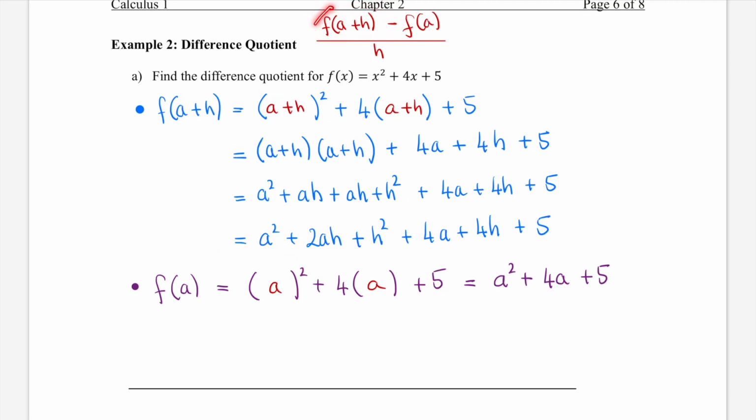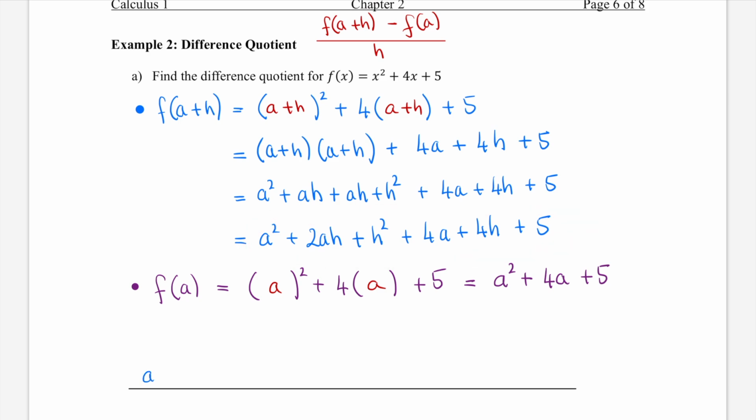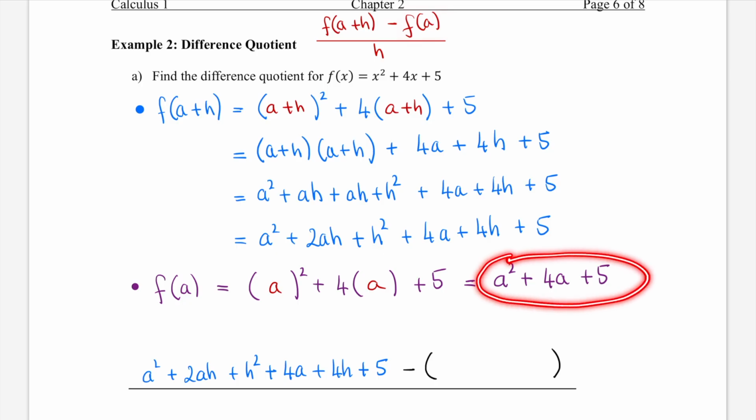We will replace f of a plus h with this expression: a squared plus 2ah plus h squared plus 4a plus 4h plus 5. We will replace f of a with a squared plus 4a plus 5